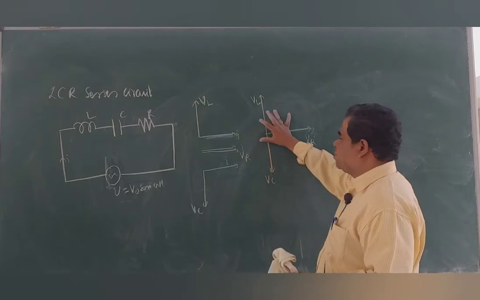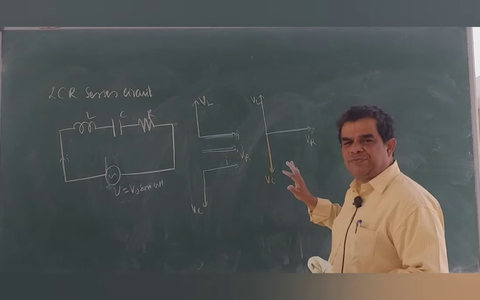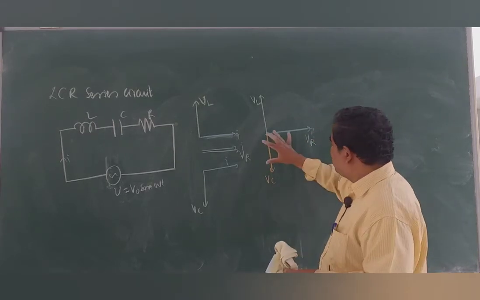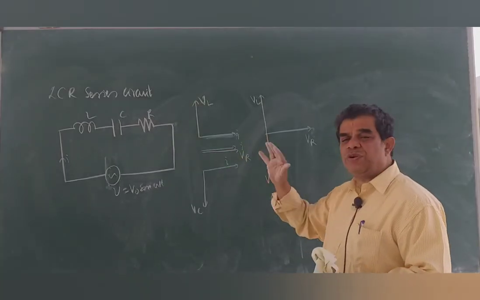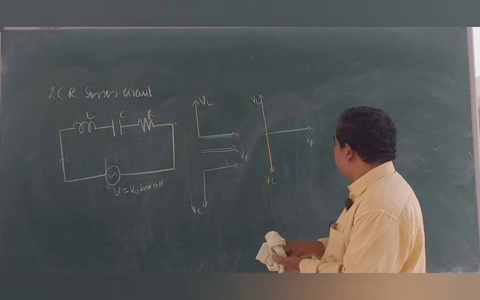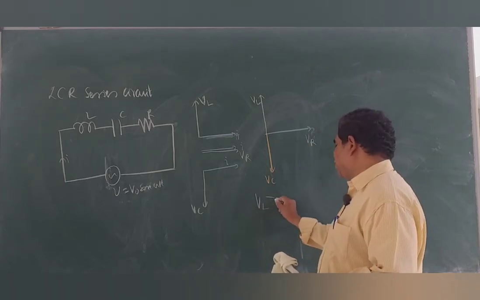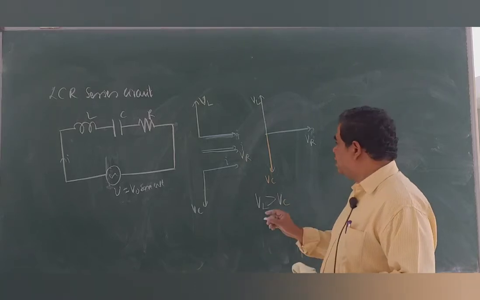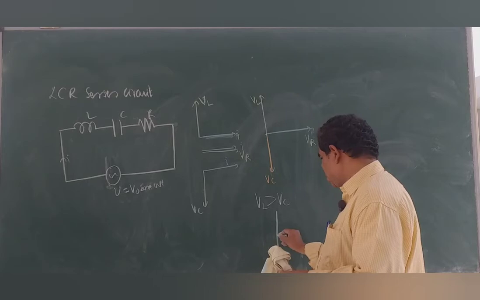Now observe, this becomes a vector diagram. Three vectors, VL, VC, VR. For the time being, let us forget about I. So what is the resultant of all these three vectors? That will generate the resultant voltage in the circuit. From there we can go for the current. So observe carefully. If we assume a particular case, VL greater than VC, then this figure becomes just like this.